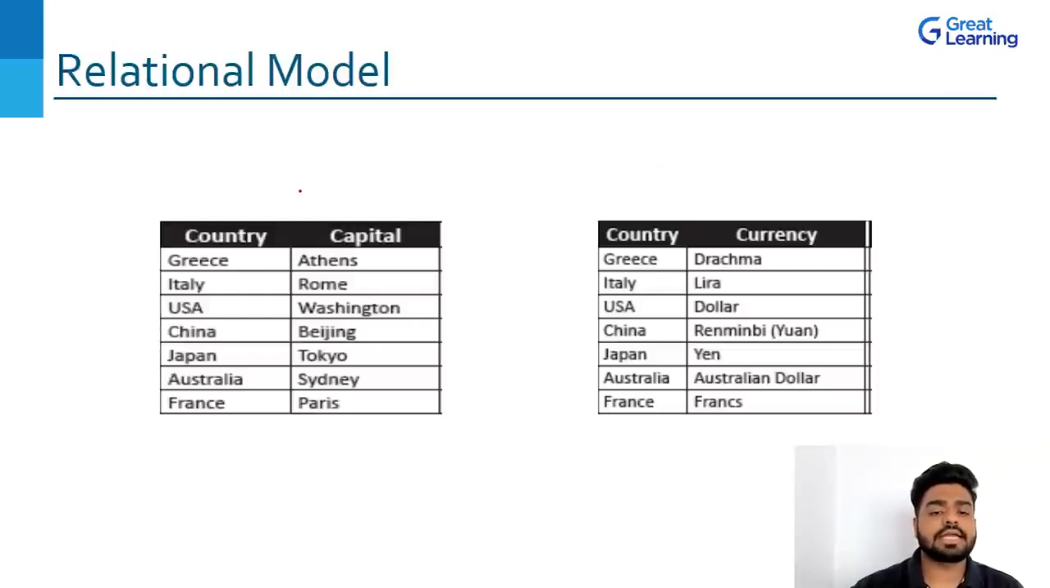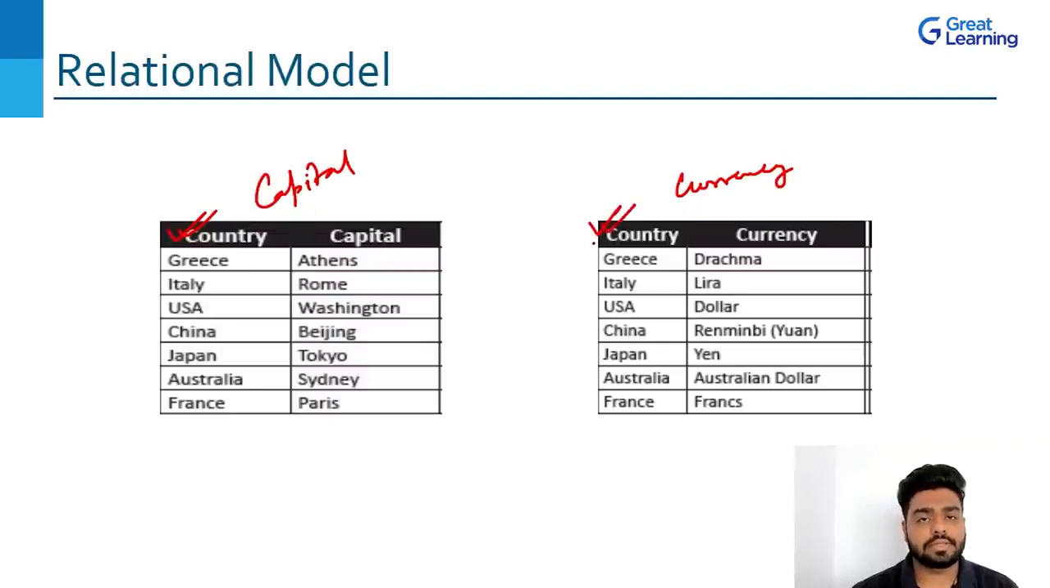We have the country and capital. So let's say that this is the capital table, and this is country and currency. Let's say that this is the currency table. Now, as you can see, country is the common column field which is in both the tables, right? So if I'm asking in Greece, which capital and which currency is getting used, then it's Athens and